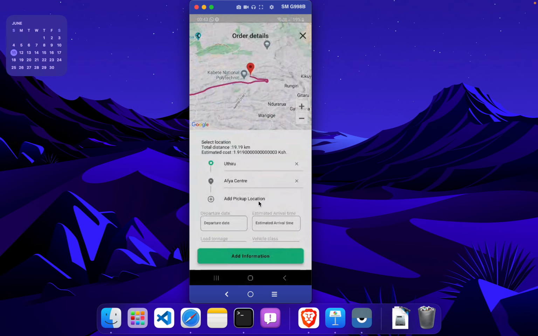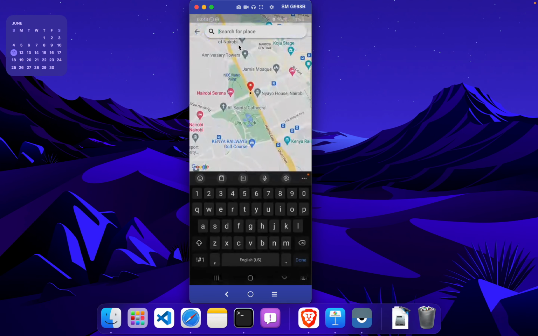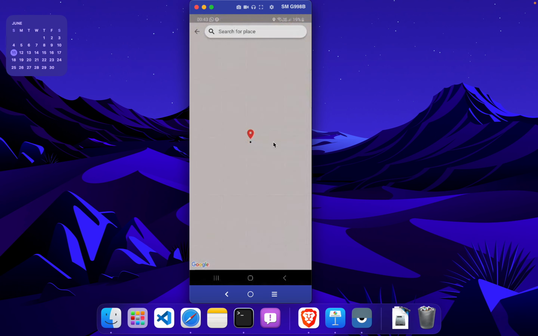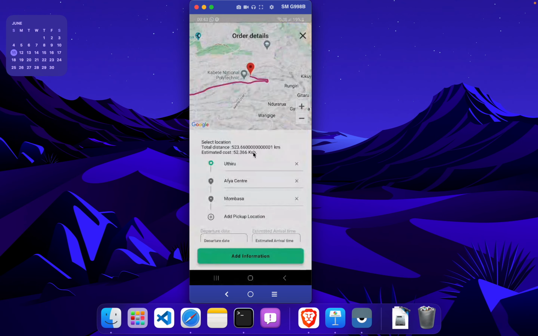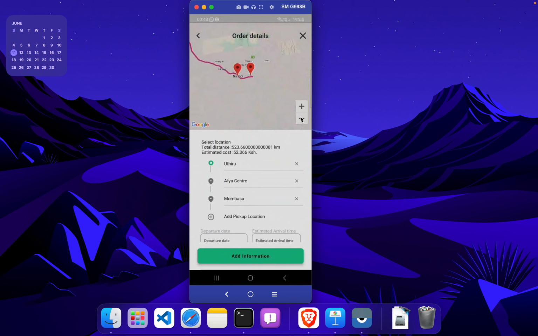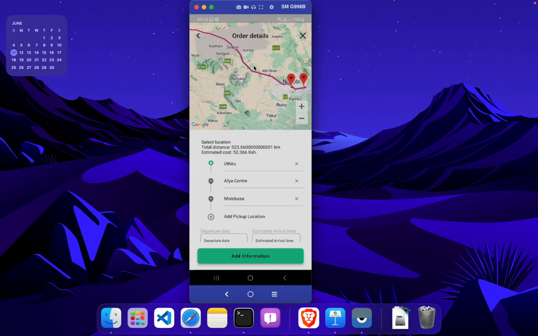Like so. You can also add another pickup location. So say Mombasa, Nairobi as well. Mombasa, Kenya. Pick up that place. It will recalculate the distances in between there and the estimated cost as well. And you can see it drew the markers all the way from the starting point to the destination,